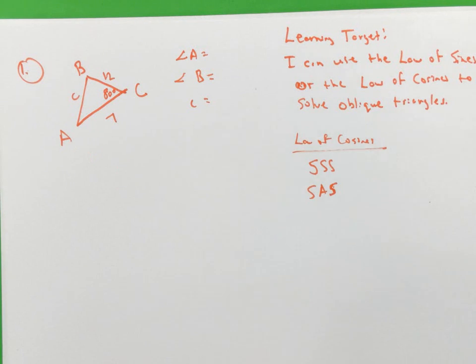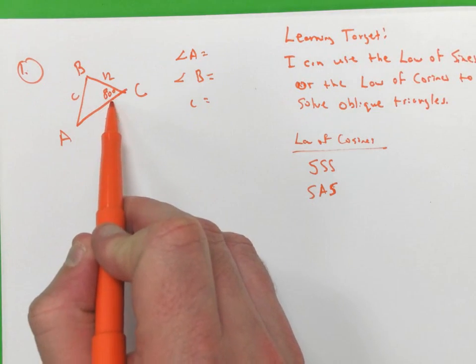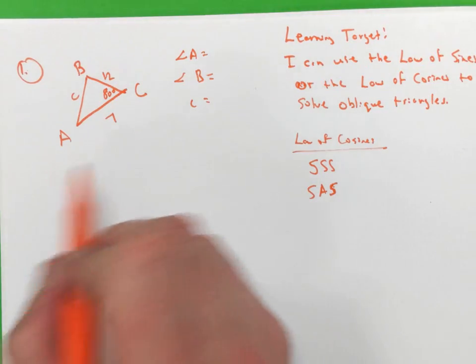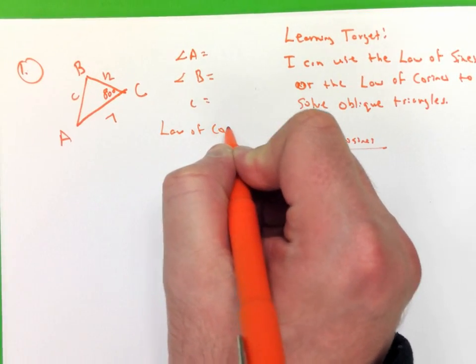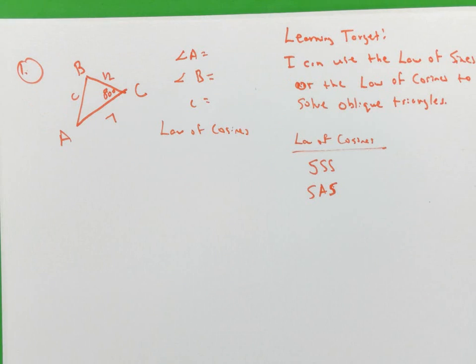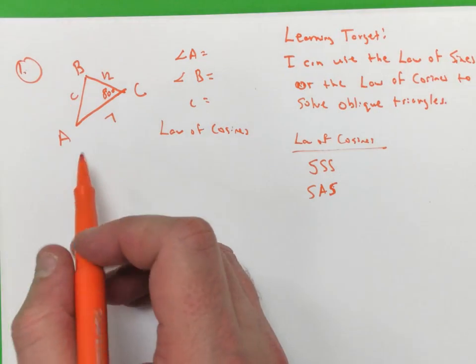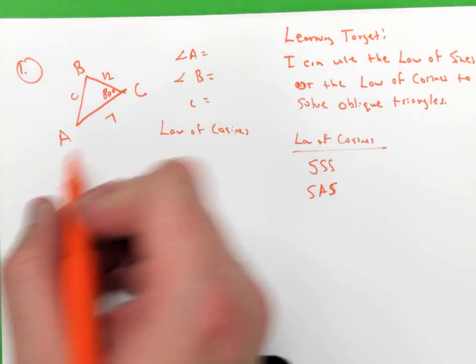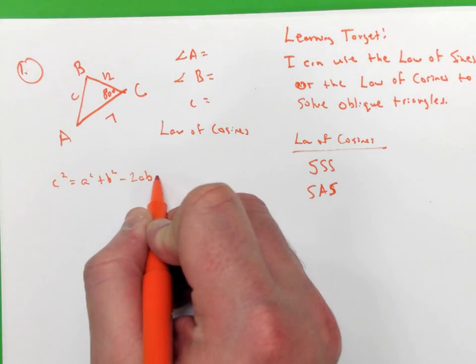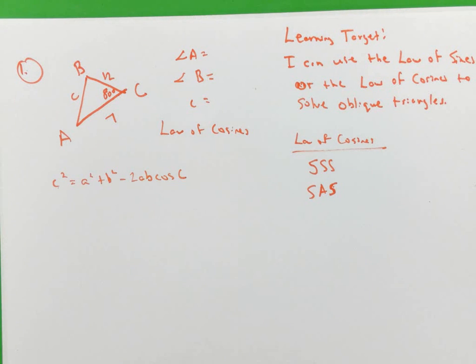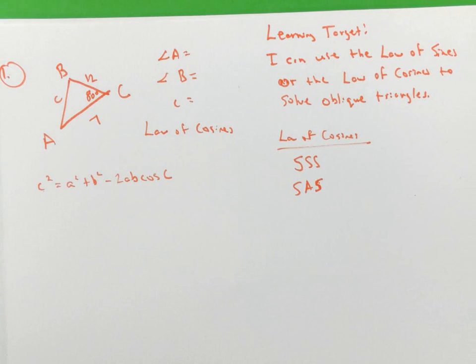Alright, so here I have two sides and I have the angle in between two sides, so this is calling out law of cosines. Law of cosines. So here's law of cosines. Alright, so you know the law of cosine formulas are those long formulas. And I'm going to use the one that is c squared equals a squared plus b squared minus 2ab cosine of c. And the reason I chose this one, guys, if you think about it,